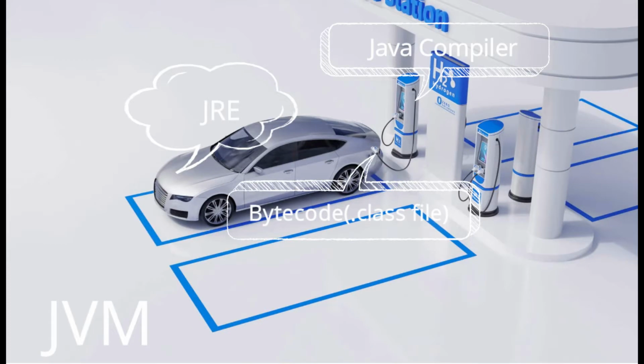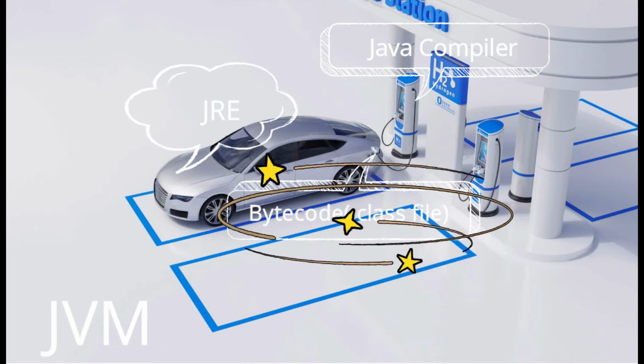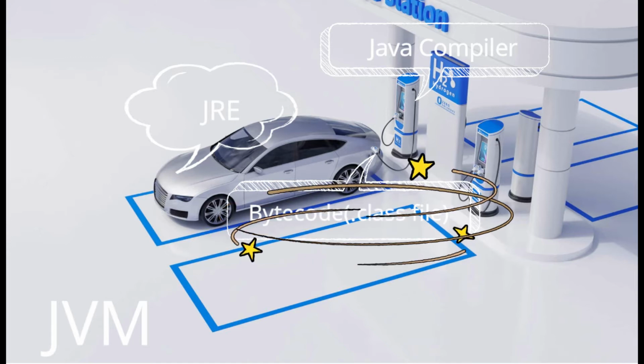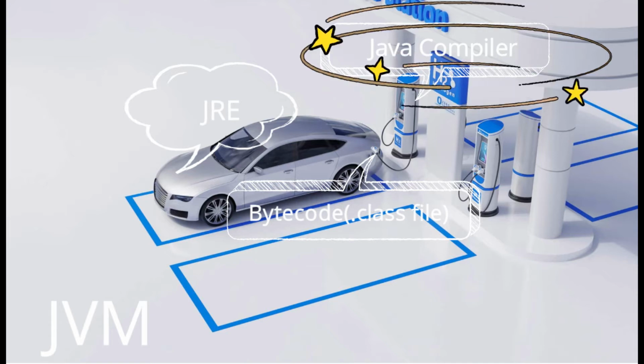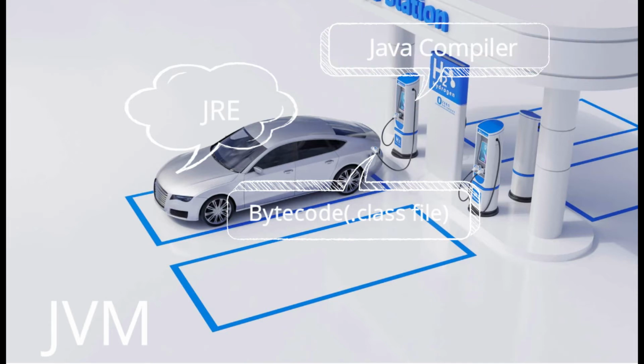These companies provide implementations known as JRE, Java Runtime Environment. This can be considered as the car's engine, which will process the fuel, bytecode, and execute it. Now, to provide fuel bytecode to our engine JRE, we have the compiler tool javac inside JDK to compile Java code written by us and convert it to bytecode, that is the class file.